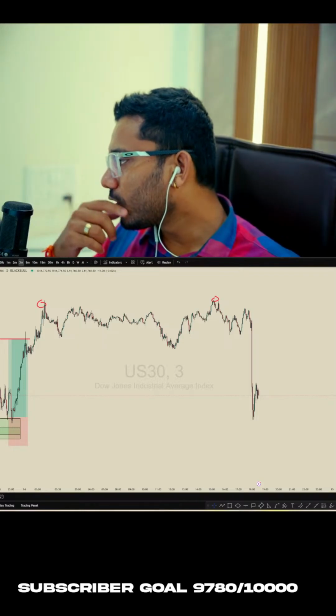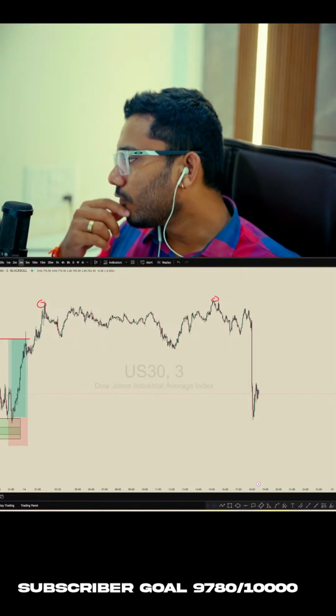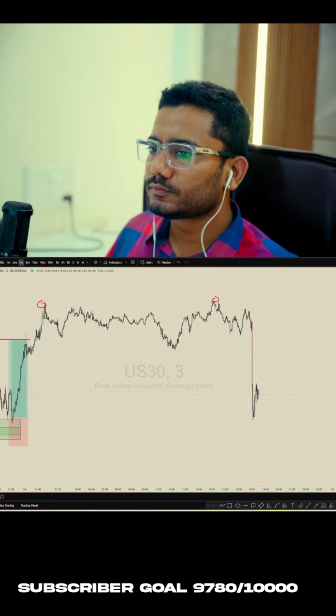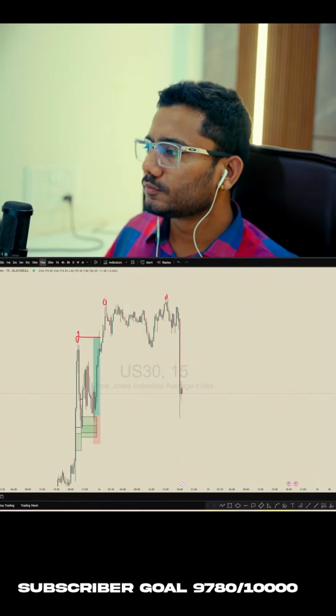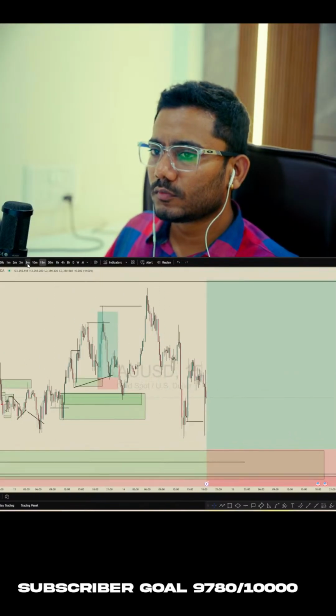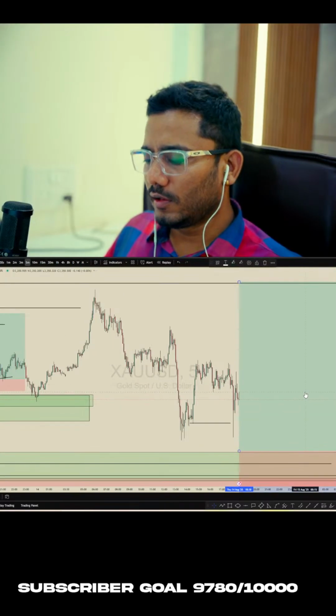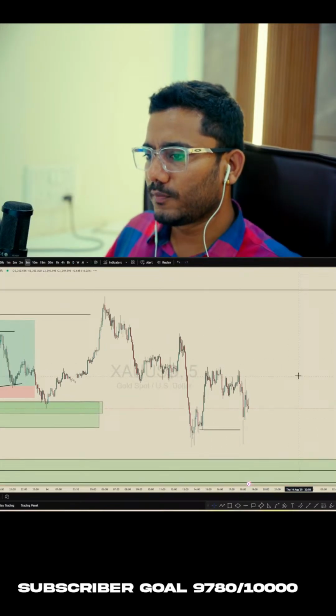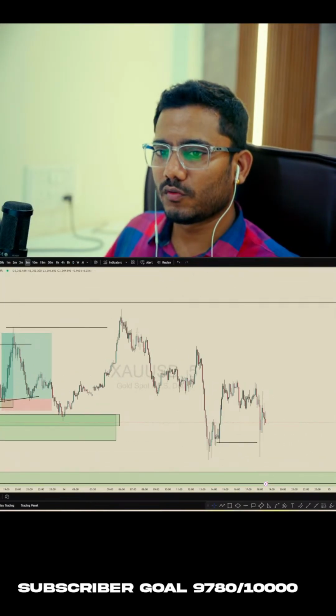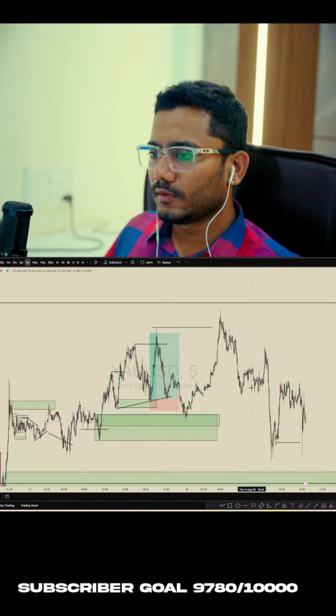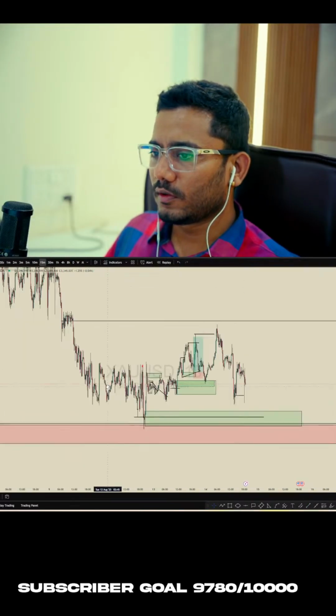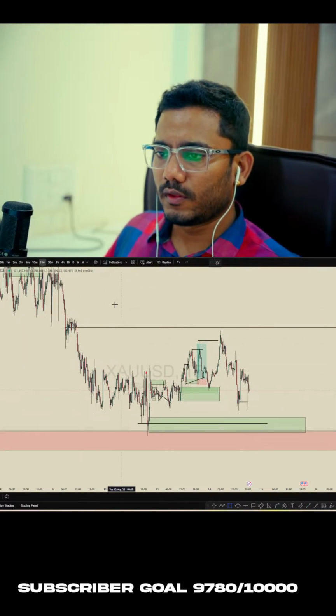Boss, while we are waiting for our good buy, what will be another alternative for sell? For sell, this is the buy side order block. If you look at the sell side, you can look for a scalp from here. If we look at this one, okay. So if we